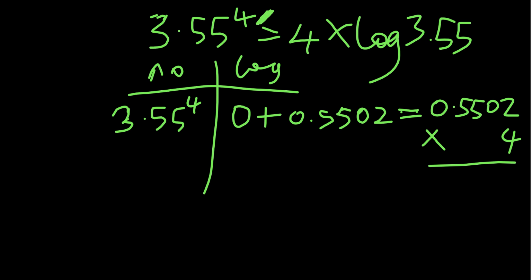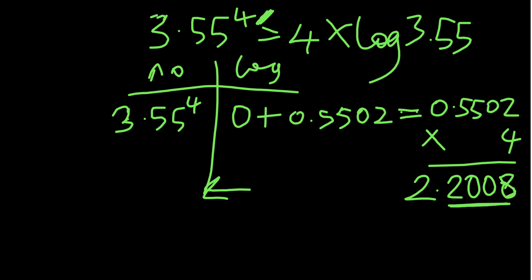Look at it here. So when you do this, you're going to have 2.2008. Okay, so you will have to look for the anti-logarithm of this number. So you go to your anti-logarithm table, look for the logarithm of this one. So you may want to look for the anti-logarithm of .20 under 0 difference 8, and the answer is